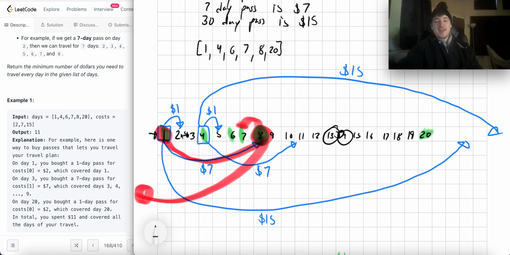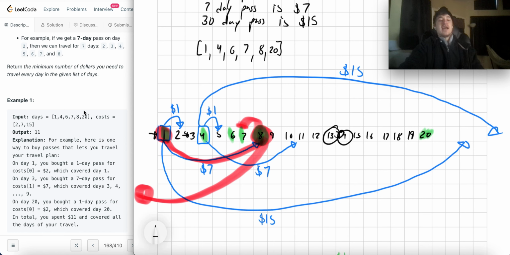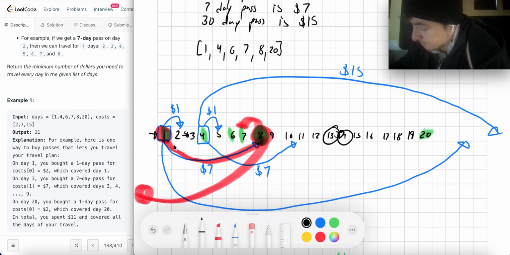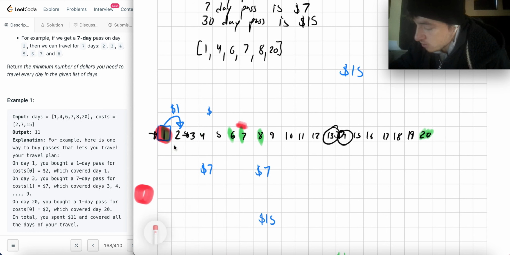So this wasn't given as just an array where each of the days is highlighted or something, right? This was instead given as the days where each of the days you want to travel are noted. So you might say that it's space inefficient or time inefficient if we take the days and we convert it to this array here where there's highlighted notes. So what you could do is take this system and create a corresponding array where